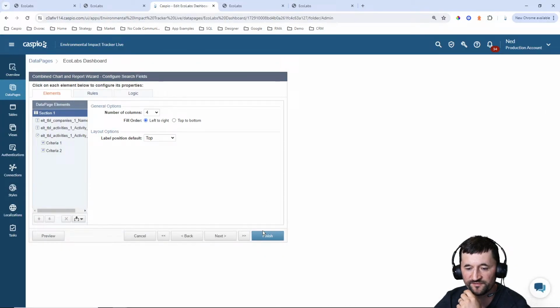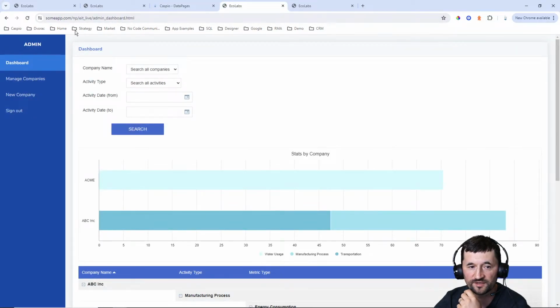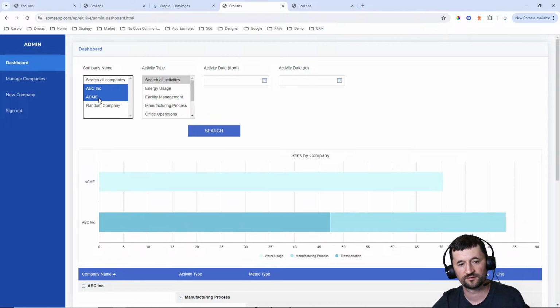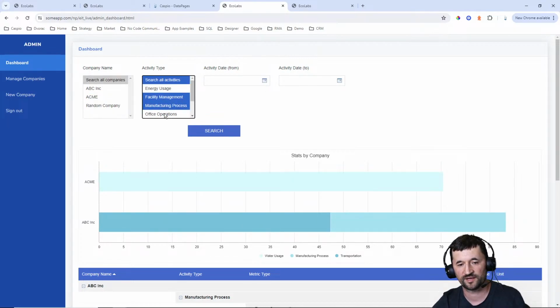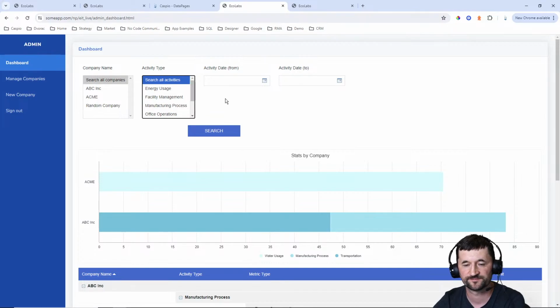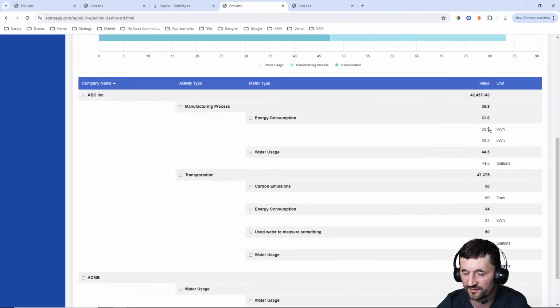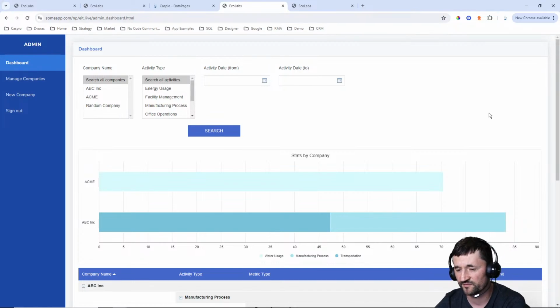So now we will hit finish, reload that report, and we should be able to see multi-select and multi-select on the activities, and including the date range. And underneath that, we have all of our data that we're calculating. So that's one way to build a report based on 4 different tables, because in a database, when it comes